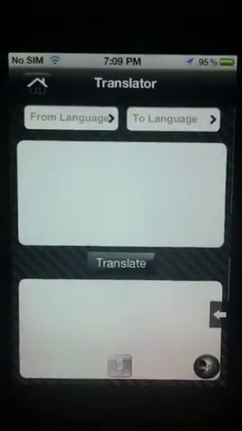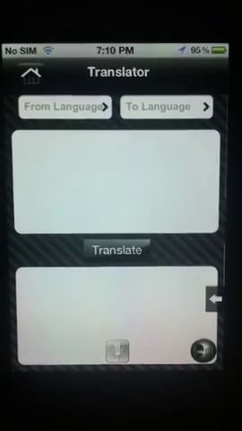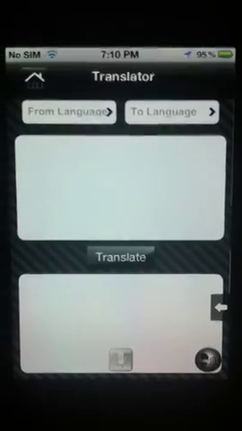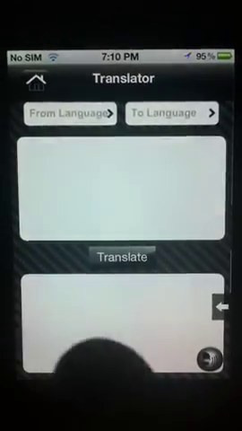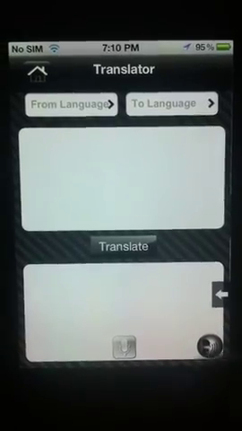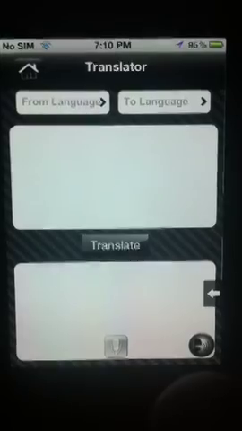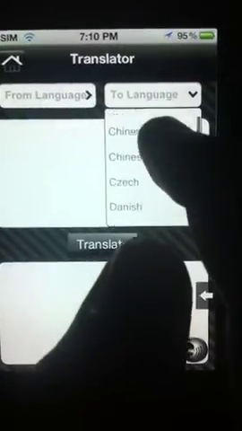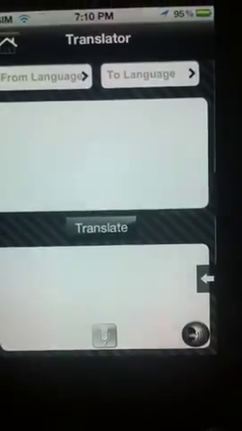All the time while you travel in some other countries where you have language differences, you can just avoid the language differences by using this translator. So here we have from language and to language, which are the languages to be fitted in. The from language is not necessary, it by default takes English as your default language, and to language I can choose anyone from this. So let's have a quick look over it.